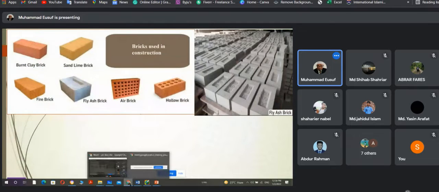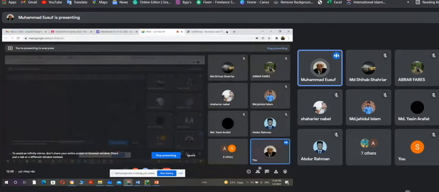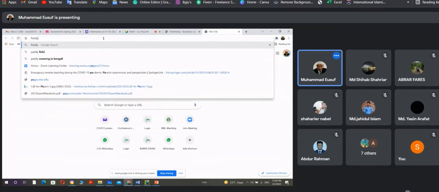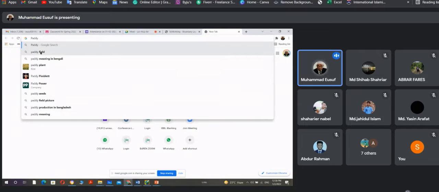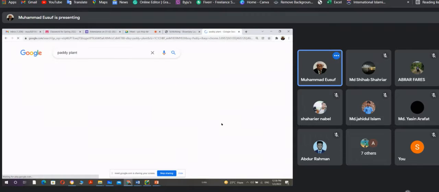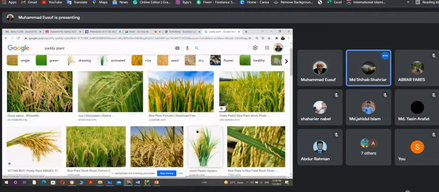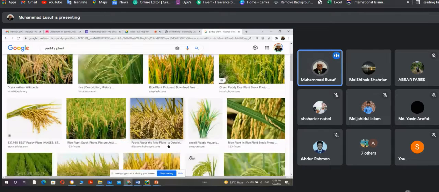Look, I just show you the paddy field or the paddy plant. Okay, I show you the paddy plant. Can you see the paddy plant? Yes, sir. The paddy field, once it is ripe, R-I-P-E, ripe means